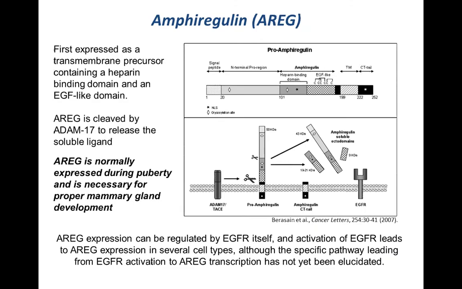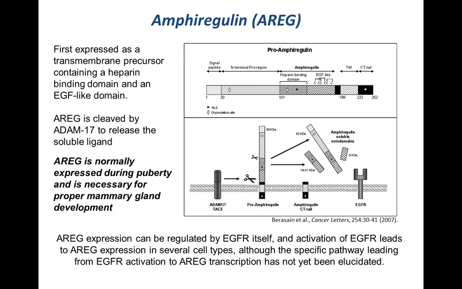All right, so here's a little cartoon that shows a little bit about amphiregulin, its domain structure. I'm sure you don't care about that. But what I can show you here is that when this protein is synthesized by the cell, again, here's the cell membrane, here's the inside of the cell, here's the outside of the cell. The full-length protein gets stuck into the membrane like this. There's a protease called ADAM17 or TACE, which comes along and clips right here, and that allows these soluble molecules to be secreted. And they come in different molecular sizes, and I'll show you an example of that in a minute. But the important point is once these are clipped and secreted, they can turn around and bind to the EGF receptor and turn it on and drive the signal.